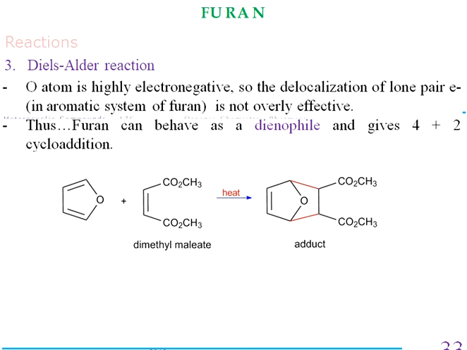Alright. So in the case of furan, the oxygen atom is highly electronegative. What happens when you have an aromatic structure? The delocalization of pi electrons occurs. But since in the case of furan, we have a heteroatom that is oxygen, which is highly electronegative, the lone pair of oxygen will not be much delocalized. So what we have, this furan is acting as a dienophile, and